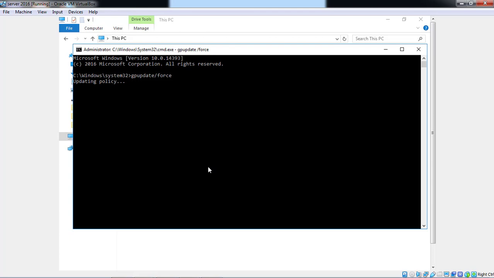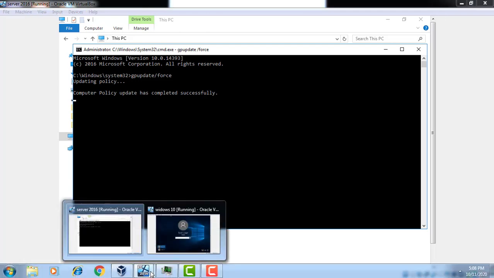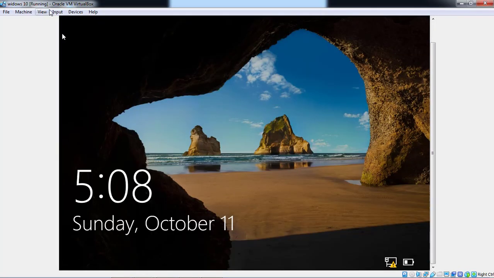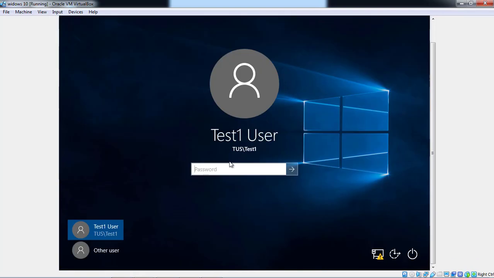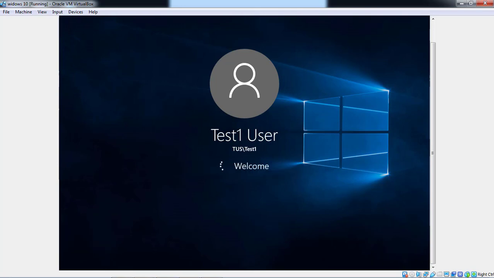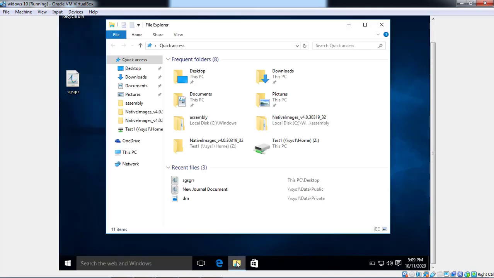Then after updating the policy, we check on our client side. Our client is Windows 10 and the user is test1. Entering the password, then check whether we are able to create the image file or not.